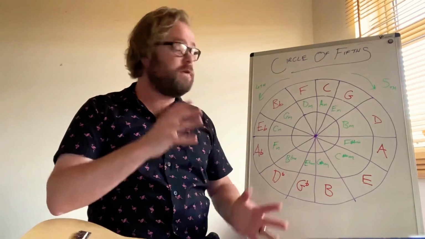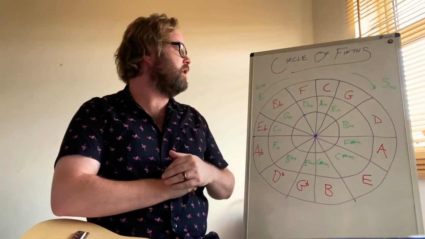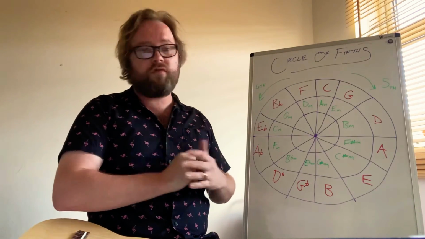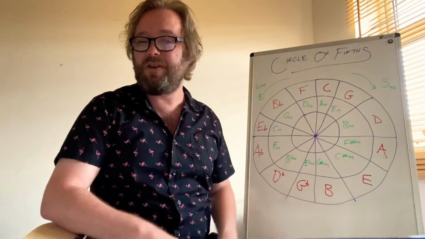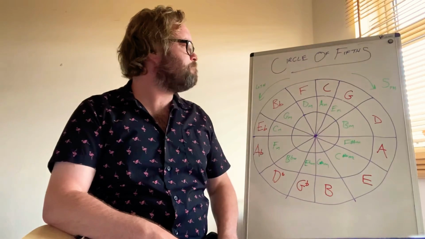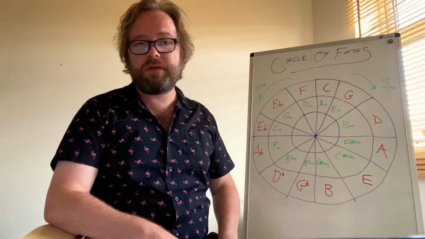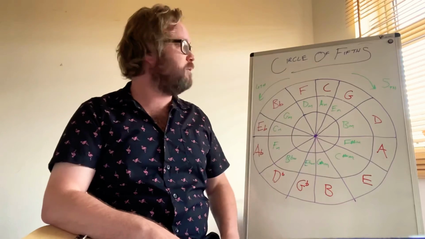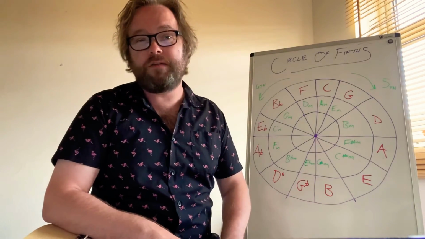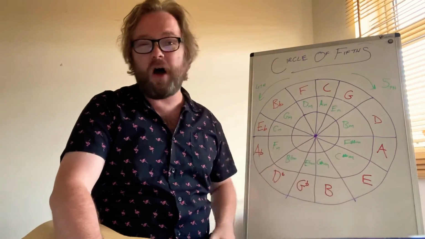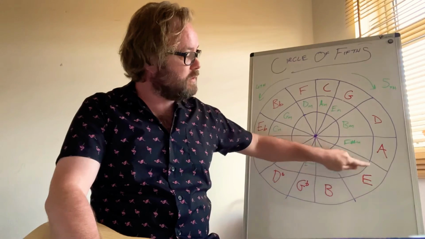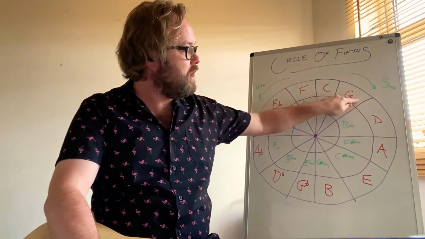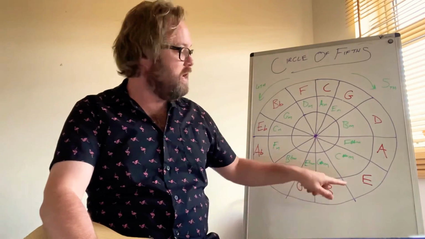Now, another useful, brilliant thing about the circle of fifths is transposition. And I've kind of already given you a hint of it already, haven't I? Let's have a look at one of the most famous songs that we ever play on the ukulele. 5 Foot 2 Eyes of Blue, okay? Now, 5 Foot 2 Eyes of Blue has a very famous chord progression. And the chord progression is the 5 of the 1, we call it, where it cycles backwards through the fifths. And it was kind of invented by Gershwin when he did I Got Rhythm. He wrote this brilliant